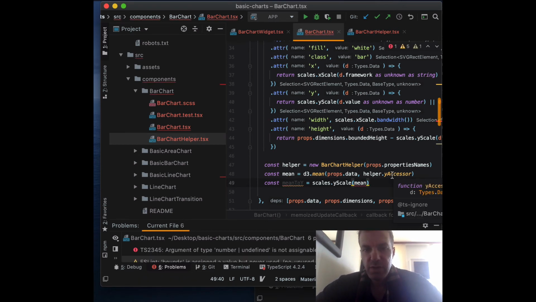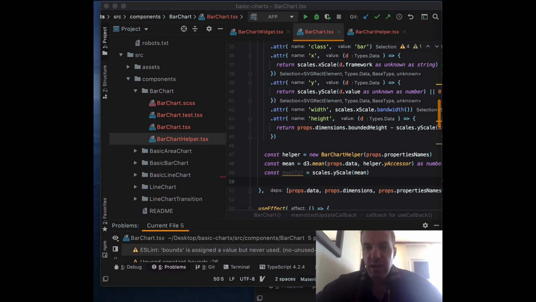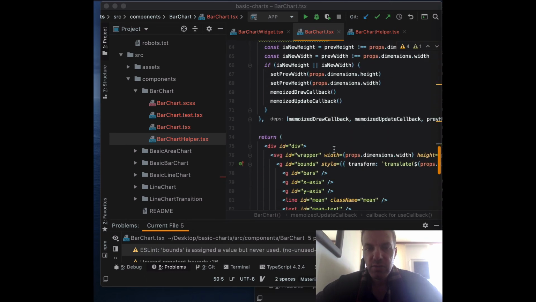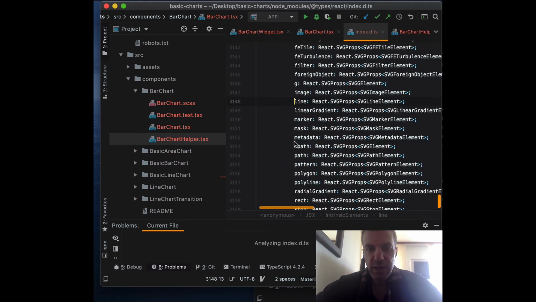And now that we have all the data really set for us, it doesn't like the mean because it expects a number, so we need to cast the result as a number. That did the trick. And then the next thing we need to do is we can select our element, and we can draw our line. So if you look at the mean, you could see we created at the JSX a line element, and if you remember for line, it's a SVG line element,